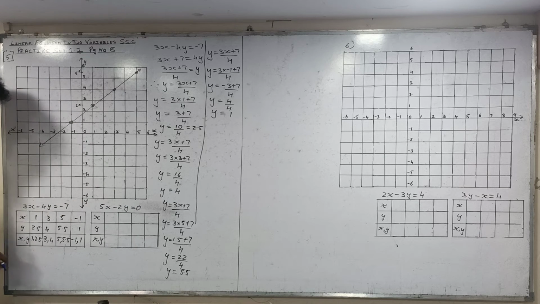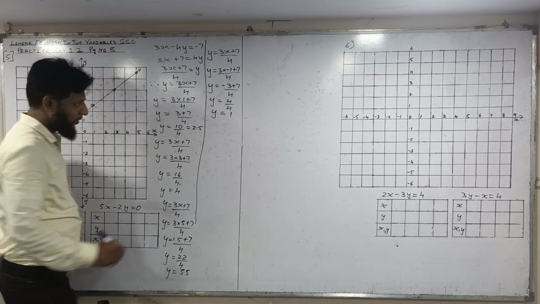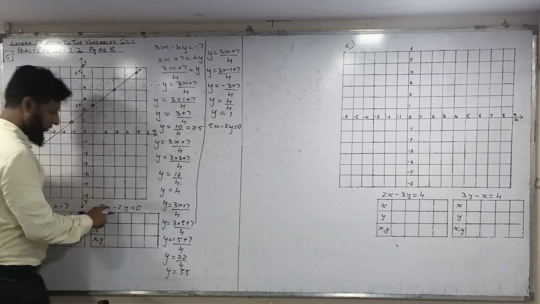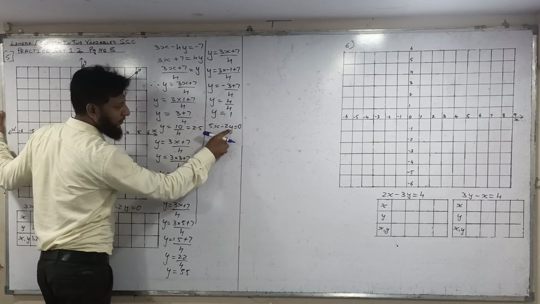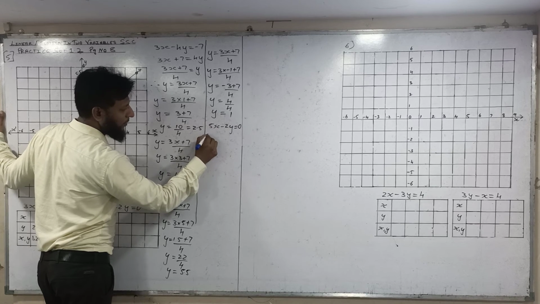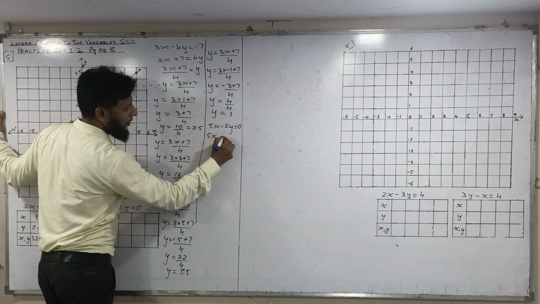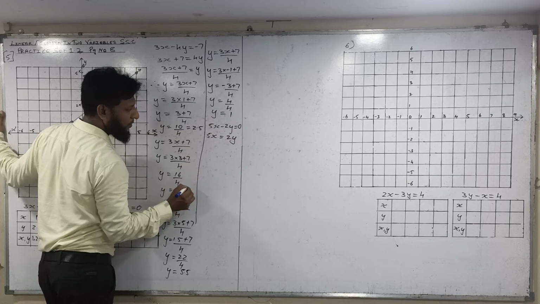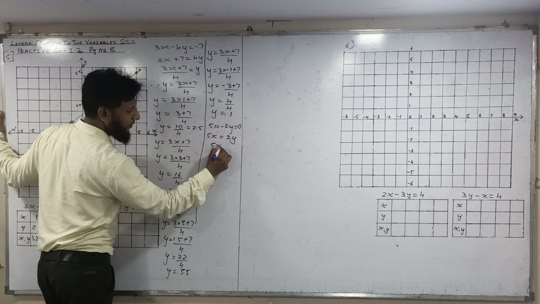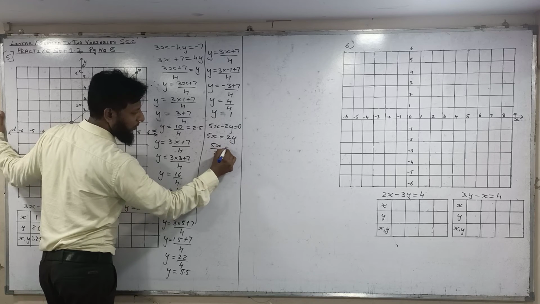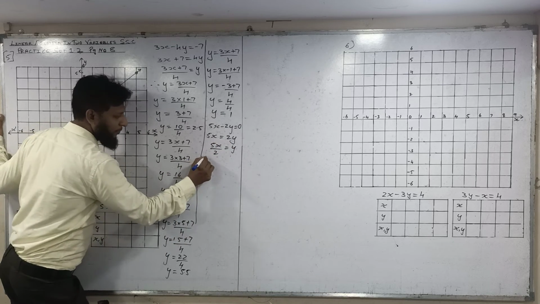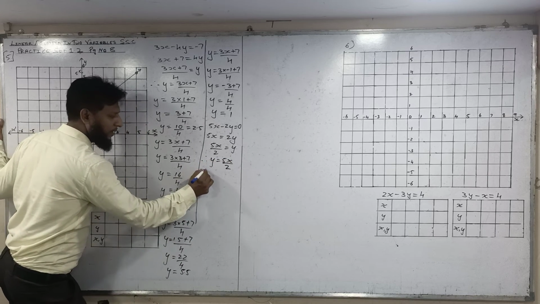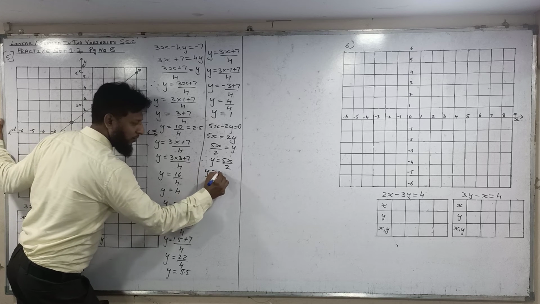Now see this equation: 5x minus 2y is equal to 0. Now I'll make the equation with y, because y is an even number. It is easy for me and you also. Minus 2y will go there, will come plus 2y. 5x as it is, 2 will go into the denominator, y is equal to y. Therefore y is equal to 5x upon 2. Now just put the value of x, you will get the value of y.